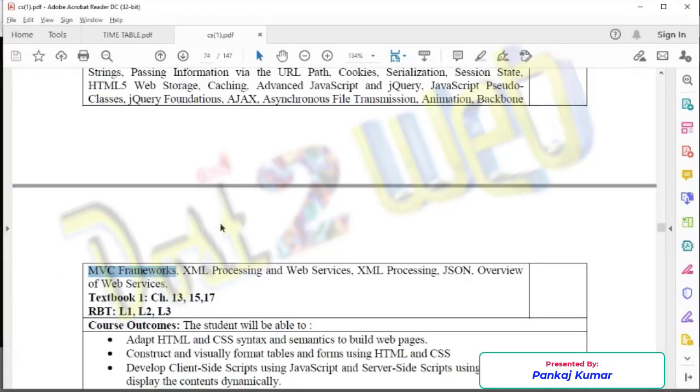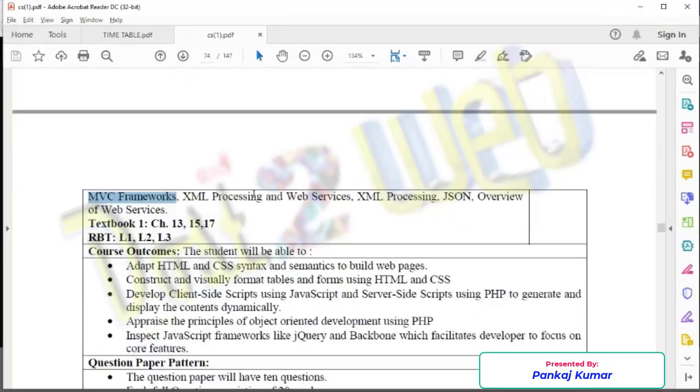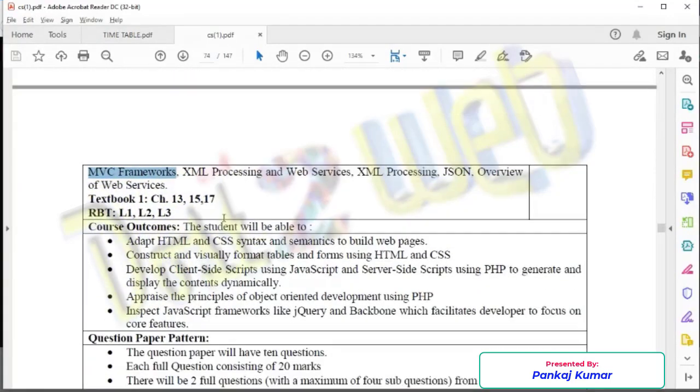Okay, so at the end, once you finish all 5 modules, you will be able to build HTML and CSS based web pages. You can create tables and forms using HTML and CSS. You'll be able to develop server-side programming and client-side scripting using JavaScript and PHP. You'll be able to implement the object-oriented concept in PHP, and you can even implement jQuery